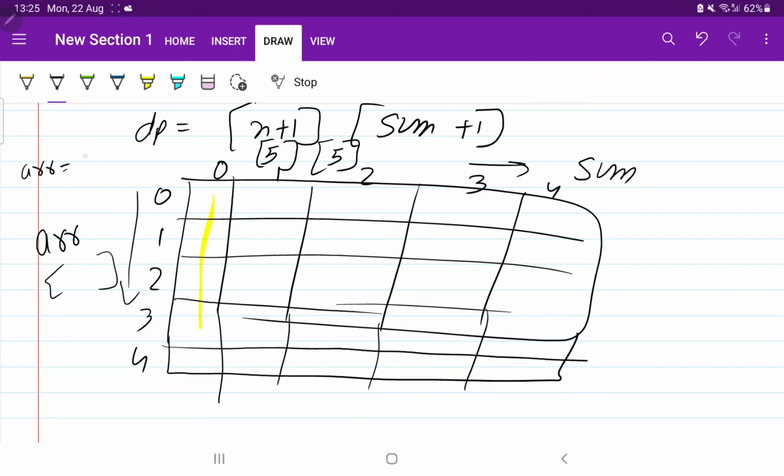Perfect. So first of all, this block tells us that the array has 0 elements. Initially the array was like this: 1, 1, 2 and 3. This block says that the array has no element. 0 means no element in the array, but you want sum as 1. Is it possible? No, it's not possible. So we are going to fill this with 0.